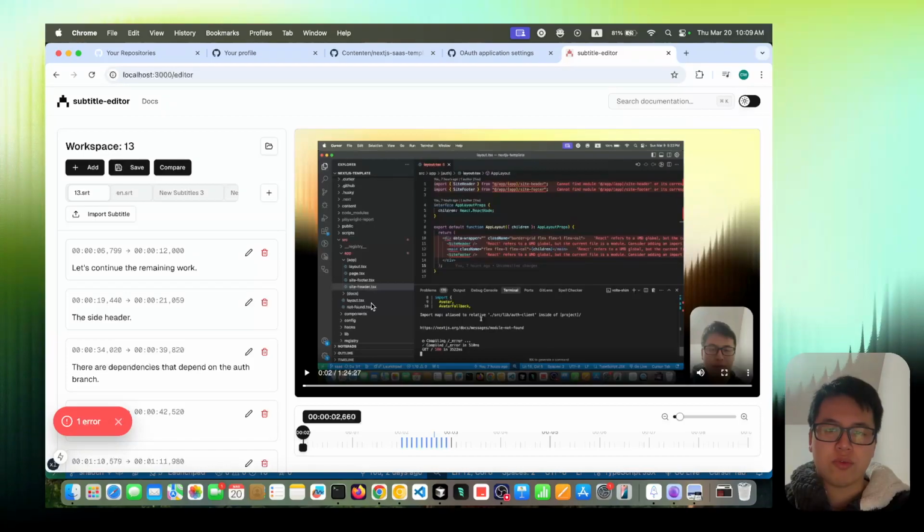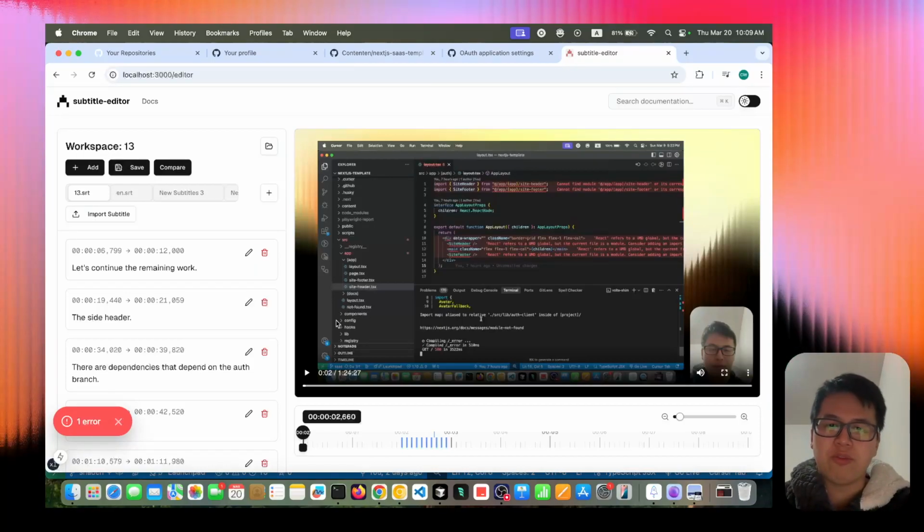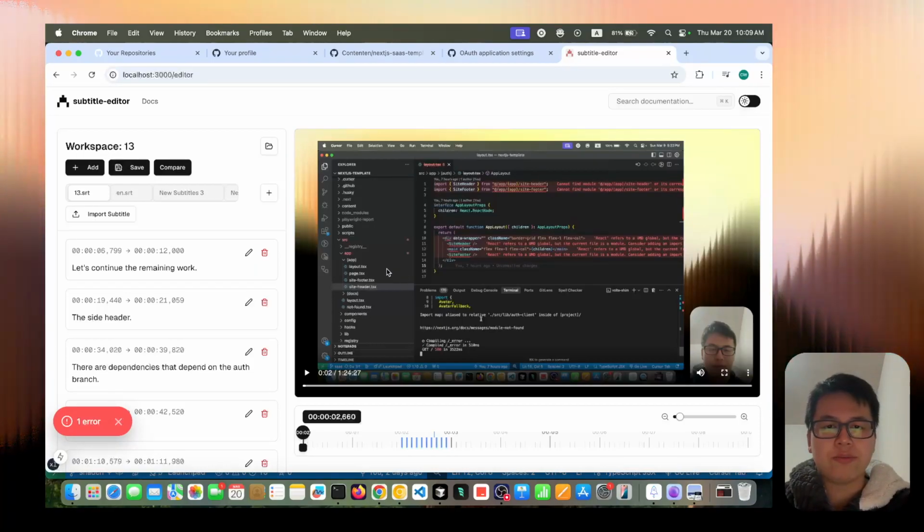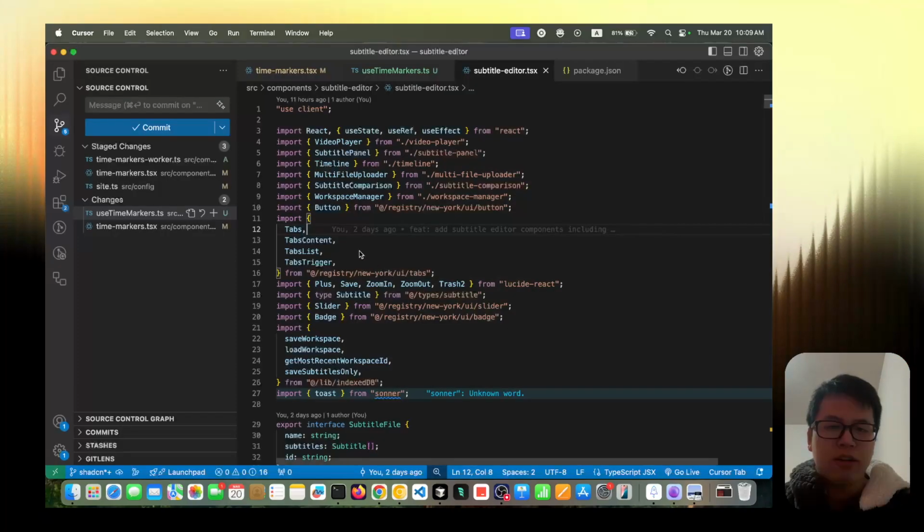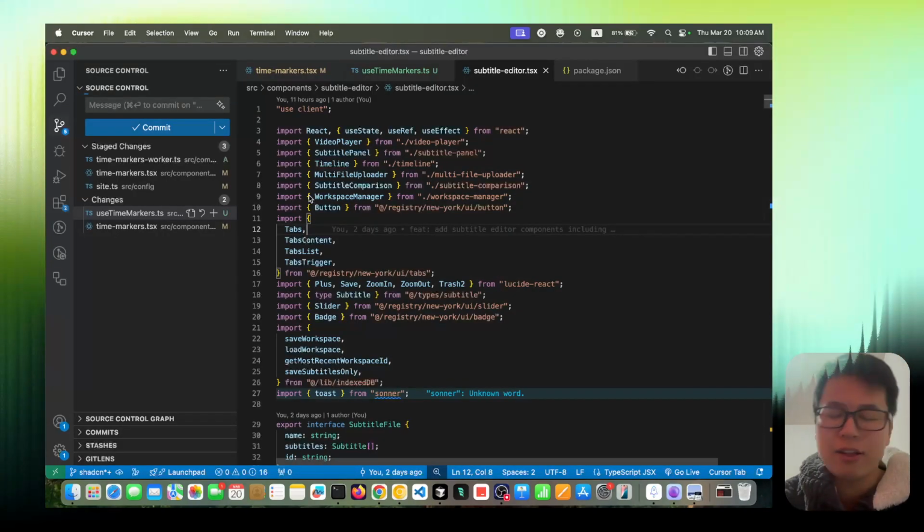So I struggled with this problem for hours, and finally it was that I didn't look at